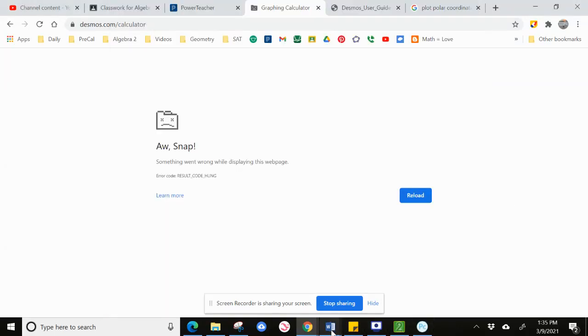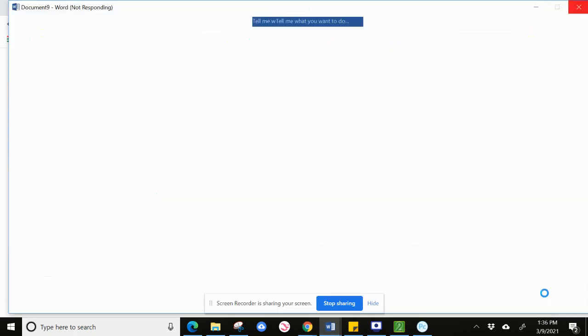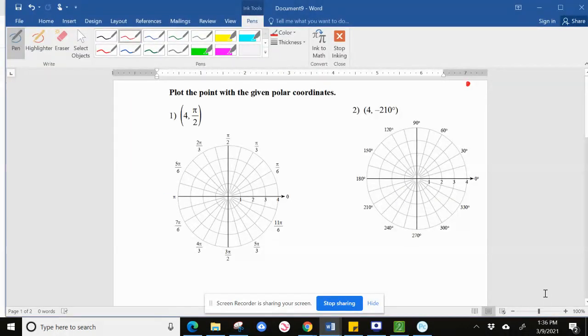Right, we are going to do a few questions about polar coordinates. We want to review how to graph those, or if you've not done it in class, then you're just going to learn how to do it here. So, polar coordinates